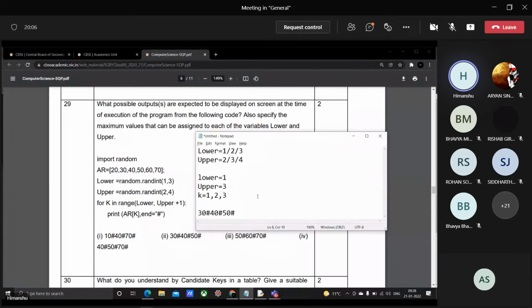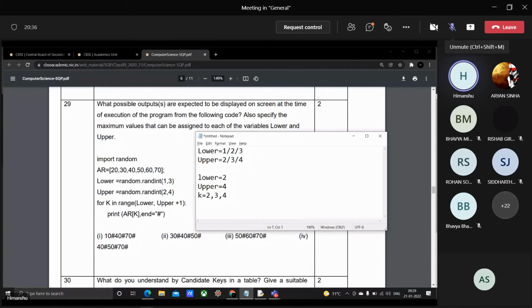Okay. So if we have the value of lower is 1 and upper is 3, we'll be getting this output. What else value can we take? Wait, let's check for other values as well. कि और कोई value आ रही है नहीं आ रही. So let us say that we are having the value of upper. See, we have to run the loop for 3 times. So अगर मैं lower को 2 ले लूँ and upper को 4 ले लूँ, it will be working for the values 2, 3 and 4. 3 times